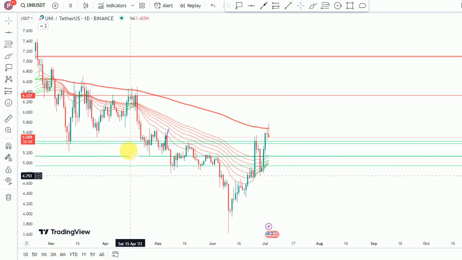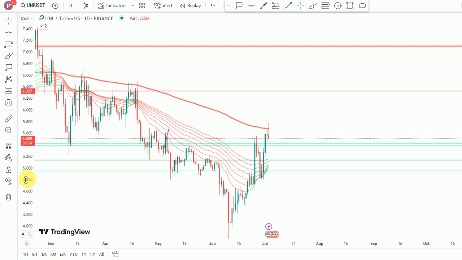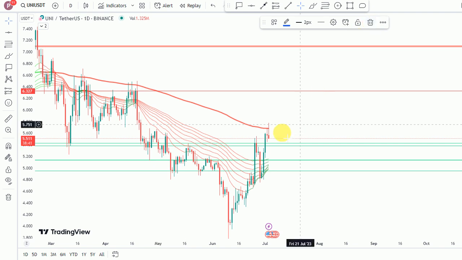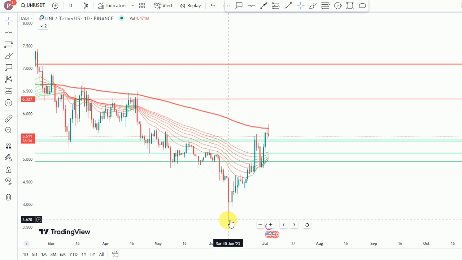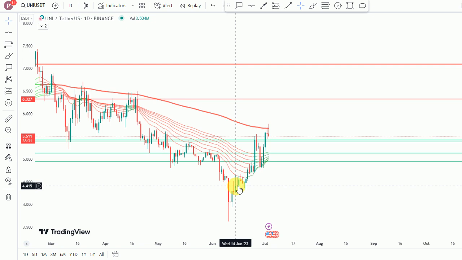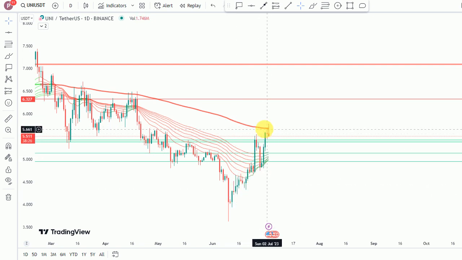These EMAs give us a clear picture of what is going on with UNI or any cryptocurrency asset. We saw prices push up exactly to the 200 EMA, get rejected, and since then we have been pushing over to Goblin Town. Then we saw this huge push exactly on the 11th of July, which is a very bullish reversal pattern, as we have seen the price of UNI push up. Currently, we are getting rejected exactly at the 200 EMA also.